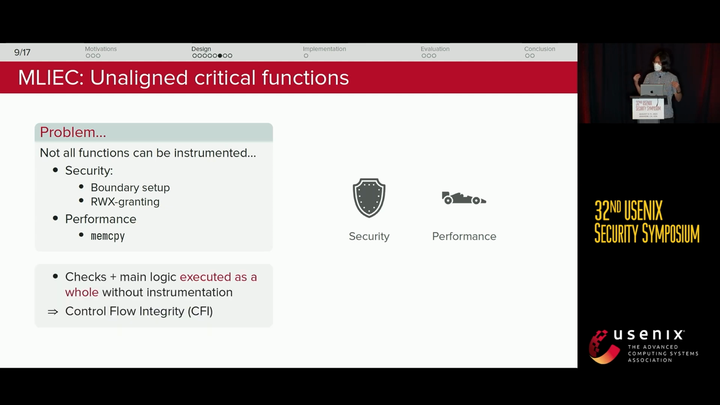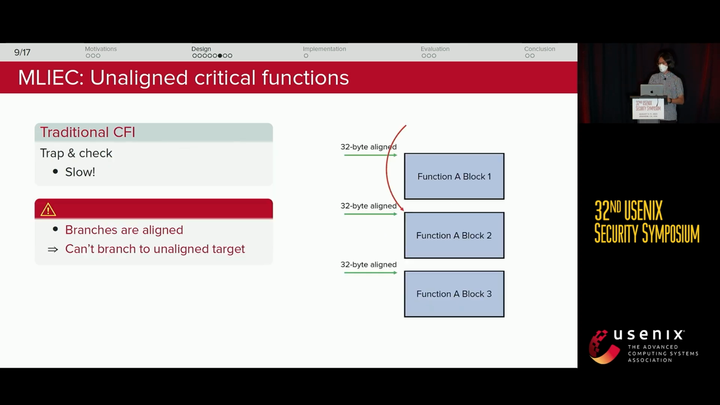But we found that for these functions, they are usually small, and with checks and main logic executed together as a whole, we can protect them without instrumentation, and that kind of falls into control flow integrity. But conventional control flow integrity uses trap and check. They use labels and tokens, and checking them is quite slow. So